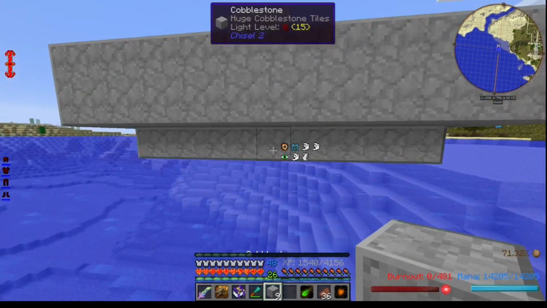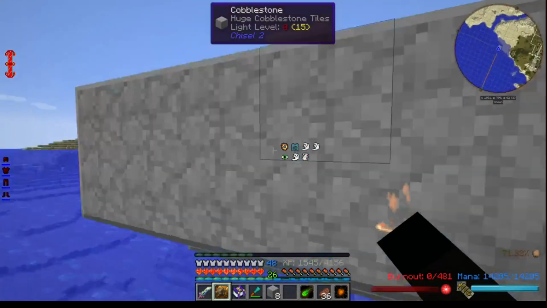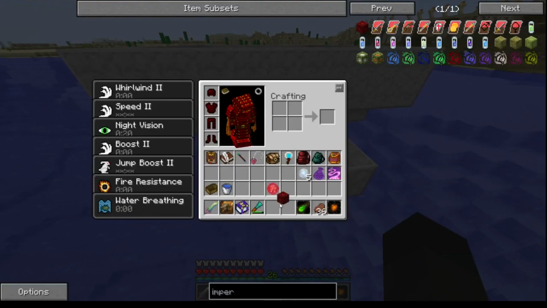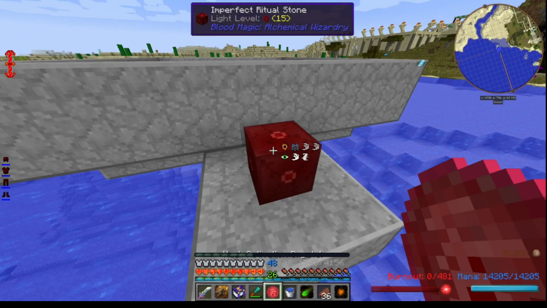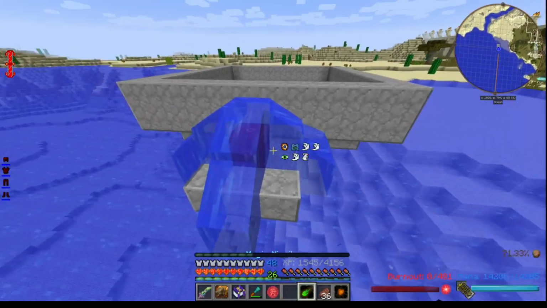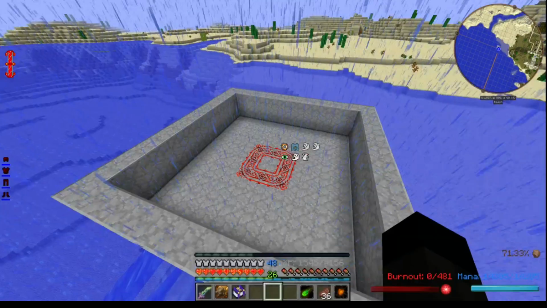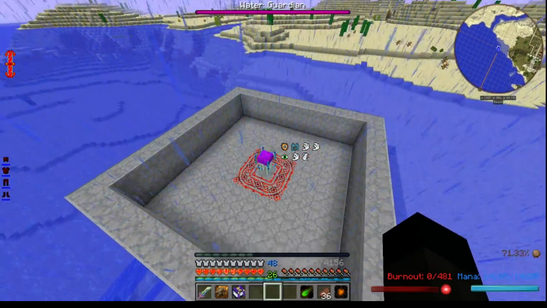Alright, so we'll pop you down there like so. We'll just have you back, because I only made a 9 cobble, because obviously cobble's really expensive. You don't want to go wasting it, do you? We'll stick down our imperfect ritual stone, and we'll pop a bucket of source block on the top. Need that. And there we go. We're good. Right, so now we should be good to...